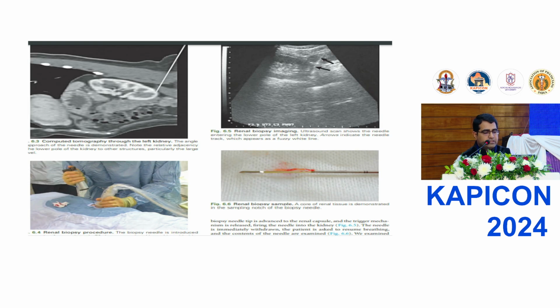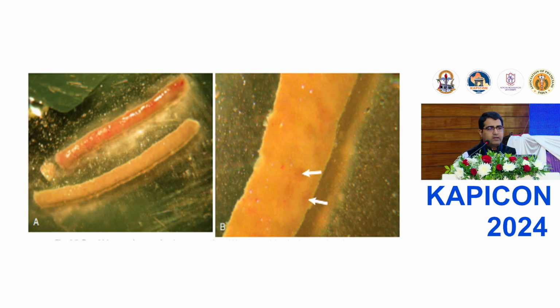So the gun, once it shoots, it cuts the core of the cortex, and we take it back. And we retrieve the gun, and once we retrieve the gun and pull one of the levers, we get this tissue length. Adequate tissue length is around 1 centimeter, and we usually do a check scan with the light microscope and see that at least 8 to 10 gloms are visible and 2 arteries are there. We say that the biopsy sample is adequate.